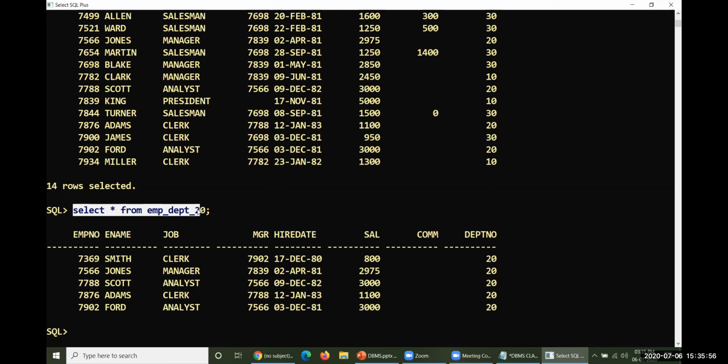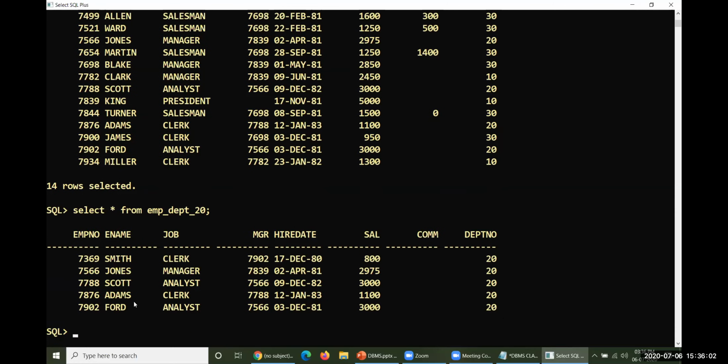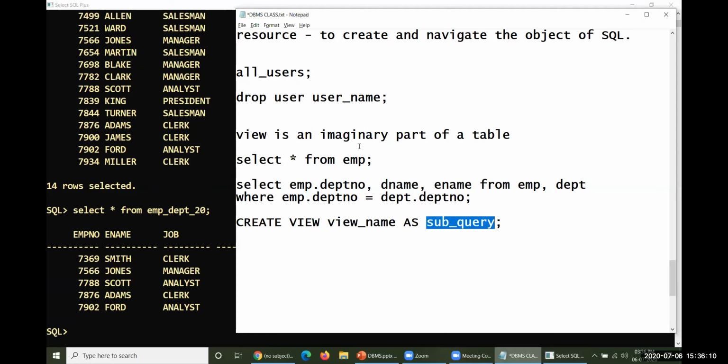If any modifications happen on this base table, the same modifications take place here at any moment of time. Therefore, a view can always be considered an imaginary part of a table.